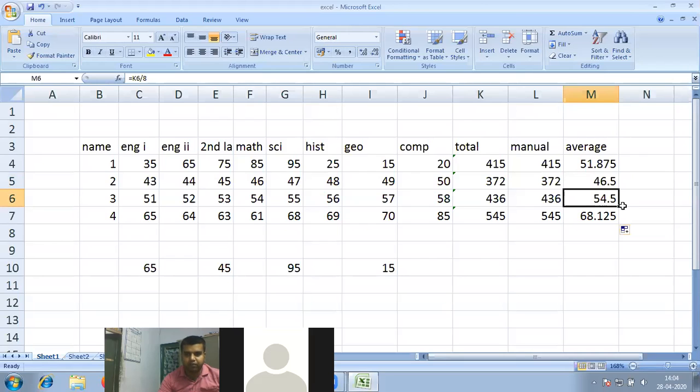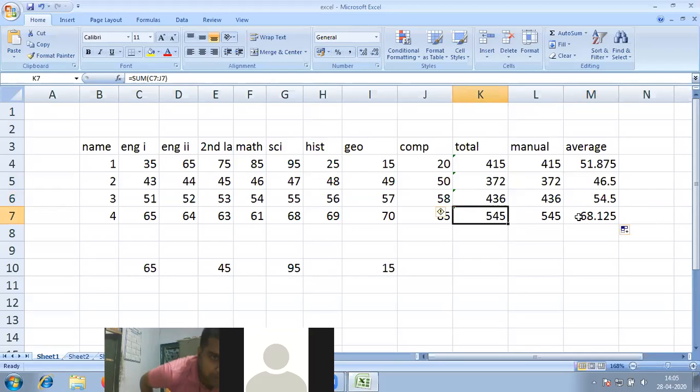Now if I click on 54.5, see your cell address changing, K6 divided by 8, which is 54.5, because the value of K6 is 436. What is the next? 68.125, because your cell address is K7 out here. So K7 divided by 8. In K7 you have 545.